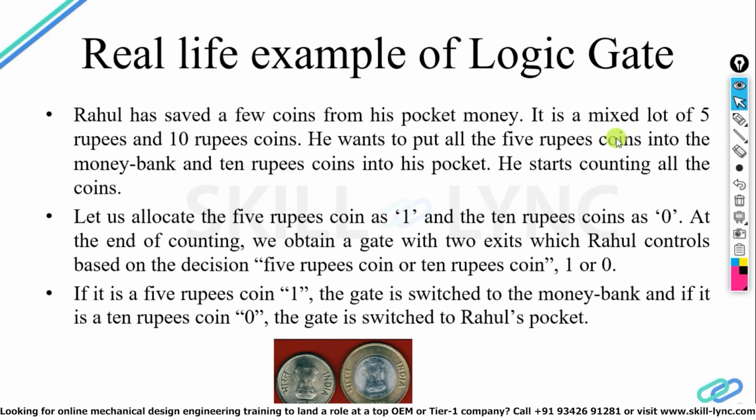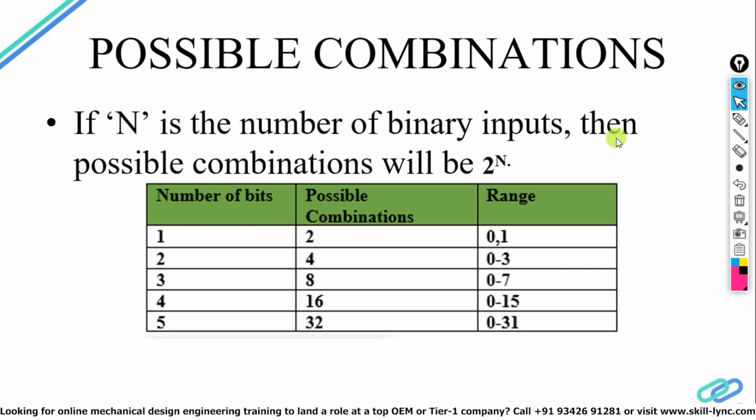So truth table is having the possible combination of inputs and then providing the output. Now, let us see, do you understand by the possible combinations? I am saying again and again possible combinations. Now, let's understand what the possible combination actually means. So, let's start with the 1 bit. I am having 1 bit number. The possible combinations are 2. If I am having 2 bits, possible combinations are 4. If I am having 3 bits, possible combinations are 8. If I am having 4 bits, possible combinations are 16. If I am having 5 bits, possible combinations are 32.